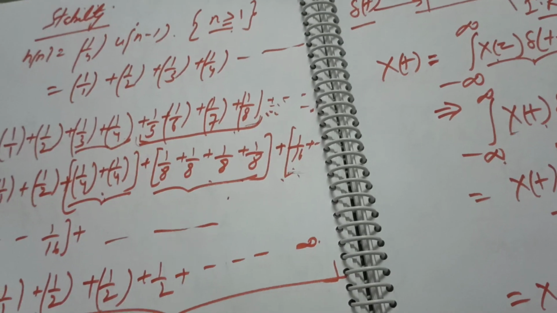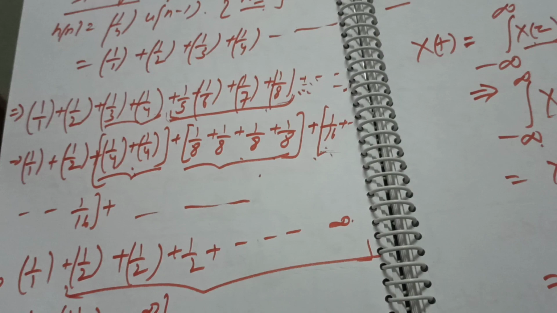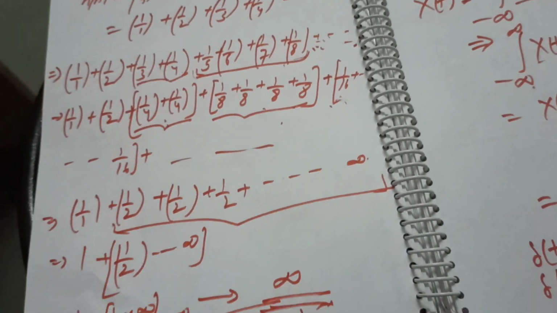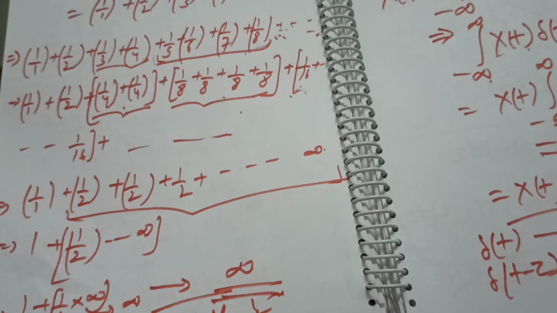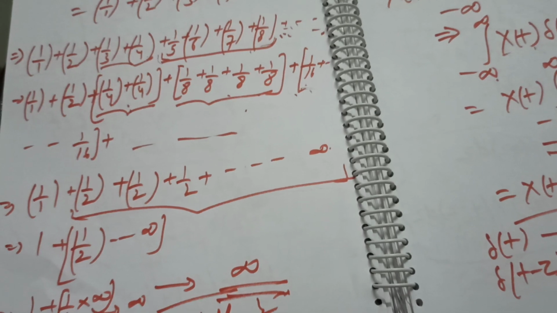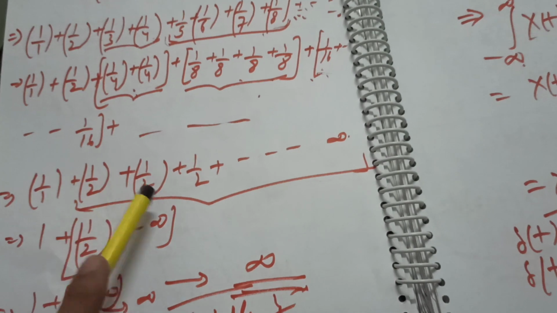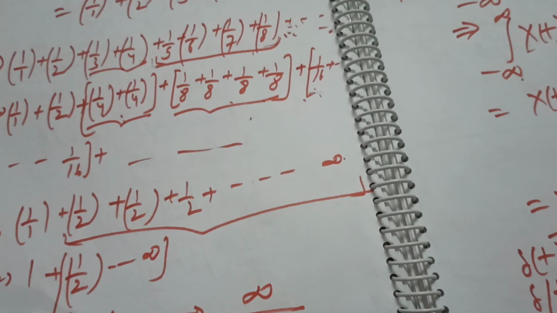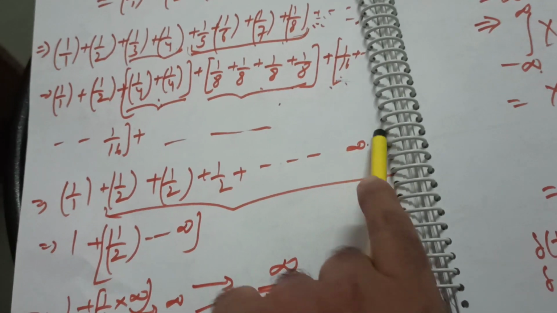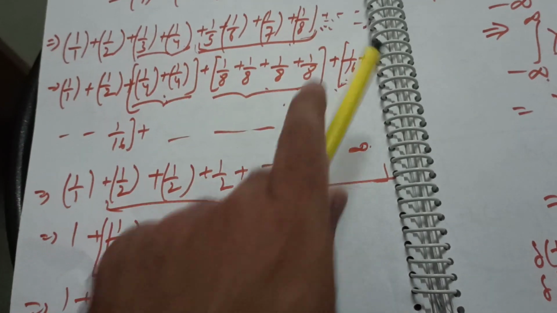This is a very interesting case. Once these values are obtained, then the question becomes very easy. Now if we look at this sequence, 1 by 1 plus 1 by 2 plus 1 by 4 plus 1 by 8, this is nothing but 1 plus 1 by 2 plus 1 by 2, 1 by 2 and so on. And a very important thing is that this particular sequence is smaller than the above sequence.